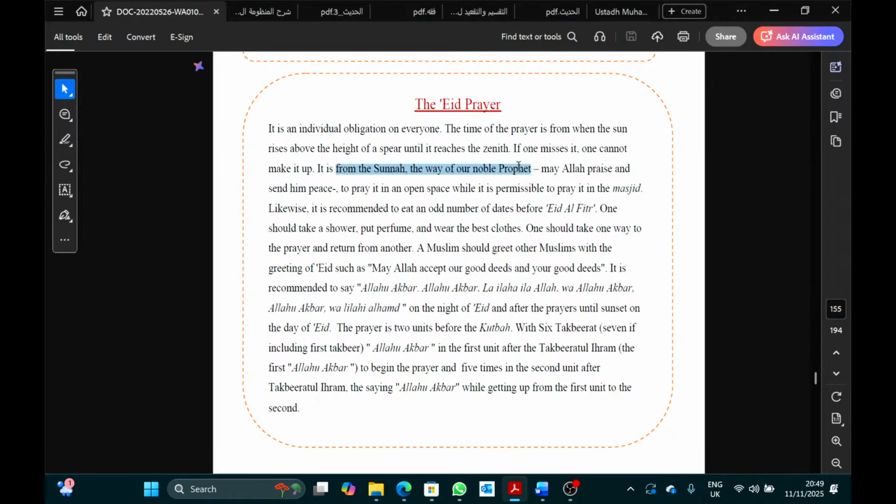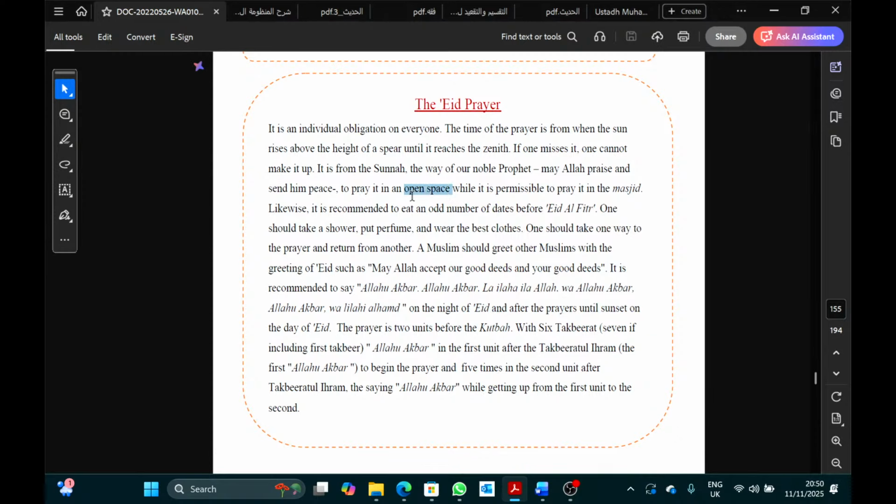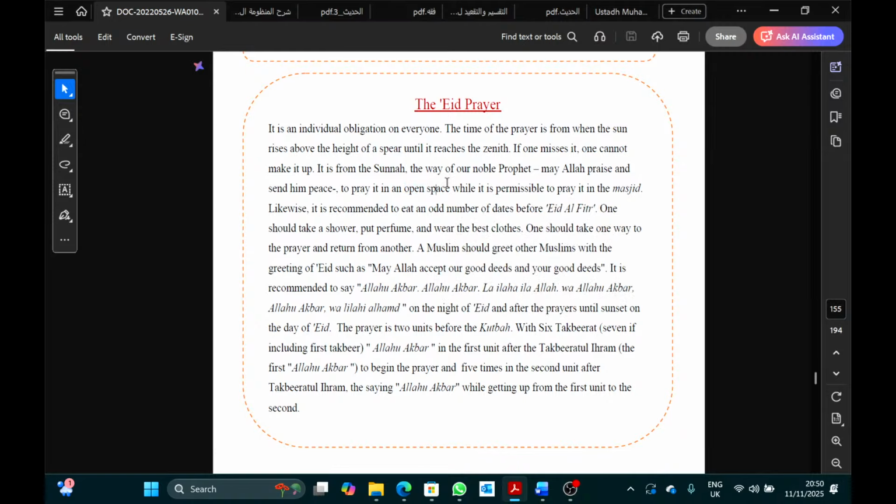It's from the Sunnah to pray in an open space if possible. If it's not possible, then khalas. If it's going to cause harm, you have to look at your congregation as well. You never do a Sunnah at the expense of harming people. Especially if they are elderly and it's too cold to be outside, then khalas. As a masjid, you should do it inside. As an individual, if you want to go to another masjid that does it outside, you go.